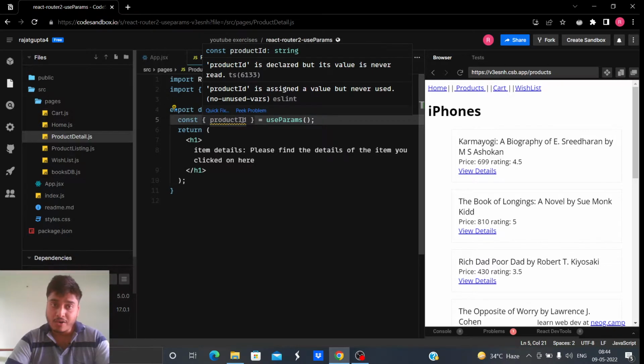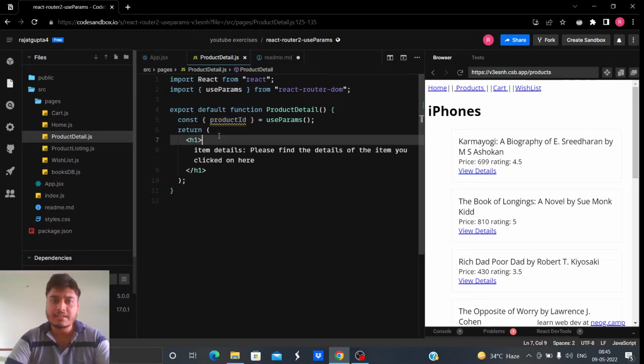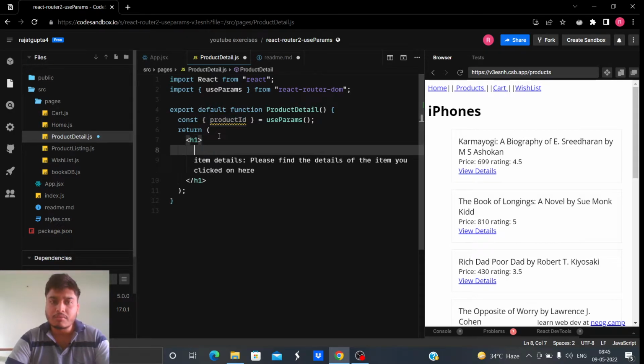Okay, now you see it's so simple. Now think with logic: since we are able to extract productID, we could easily render that particular component here, no?